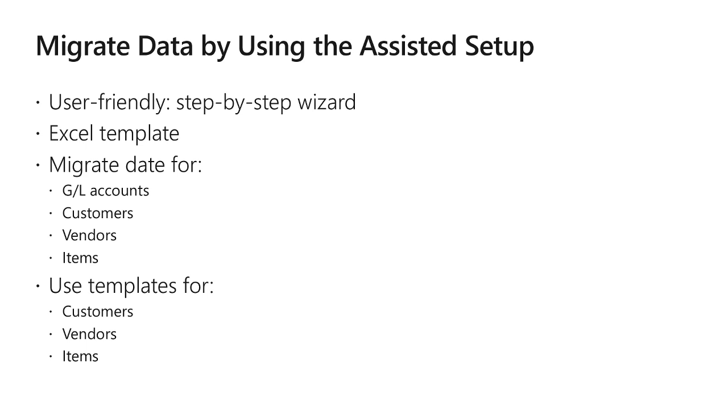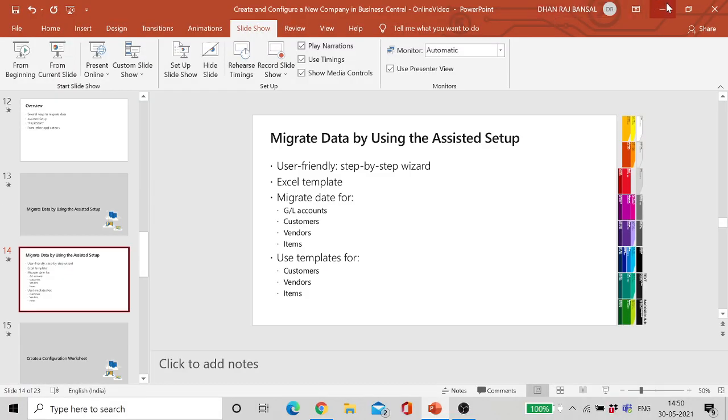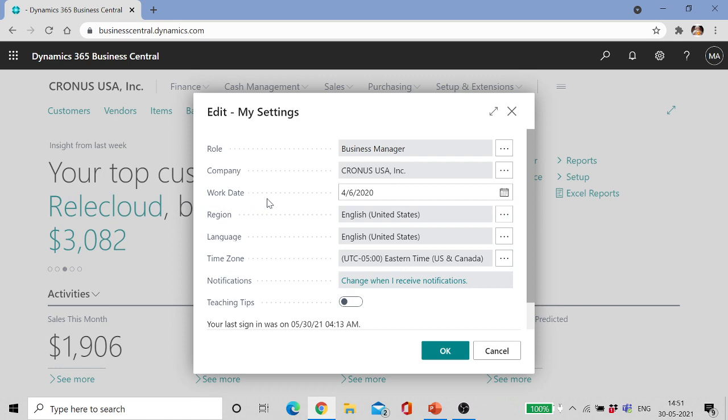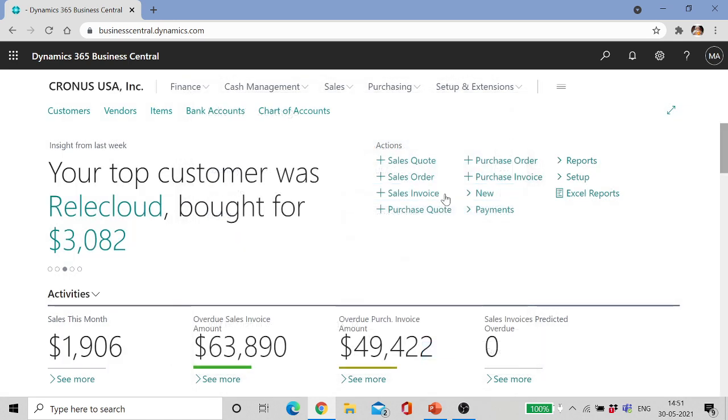So here we are going to talk about how to migrate data of GL accounts, customers, vendors, and items. And in this we can use templates also for customers, vendors, items. This one is still showing in progress, so let's see it in the